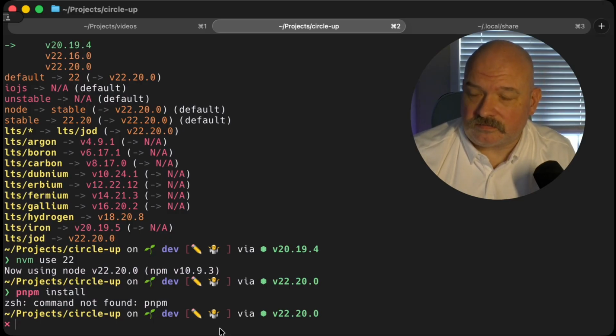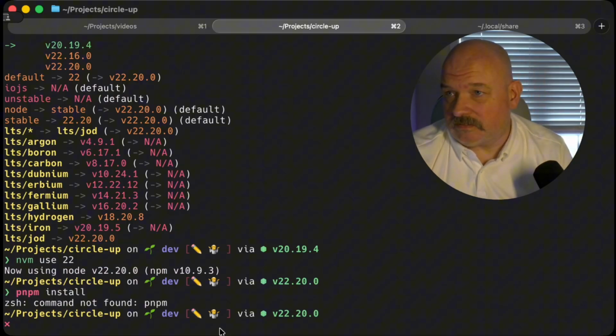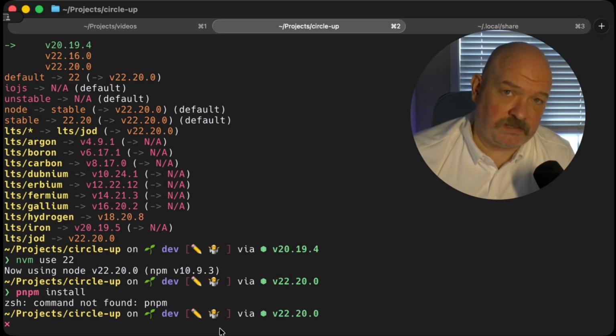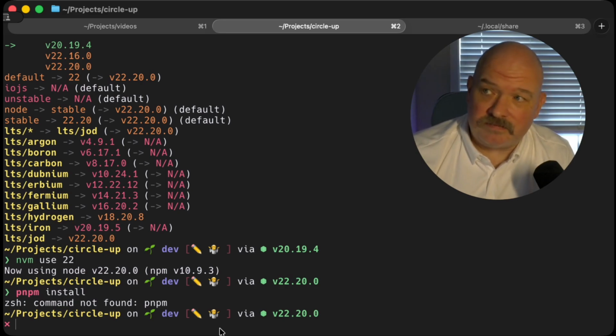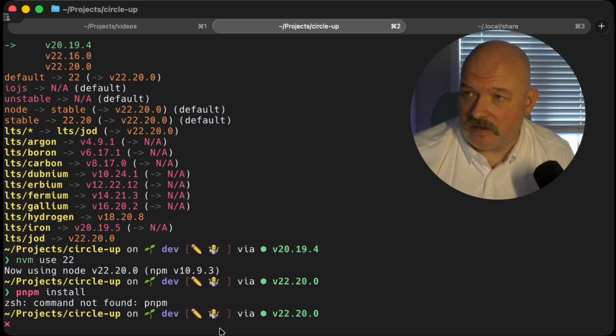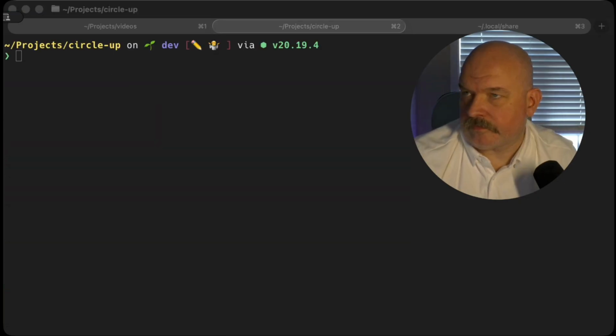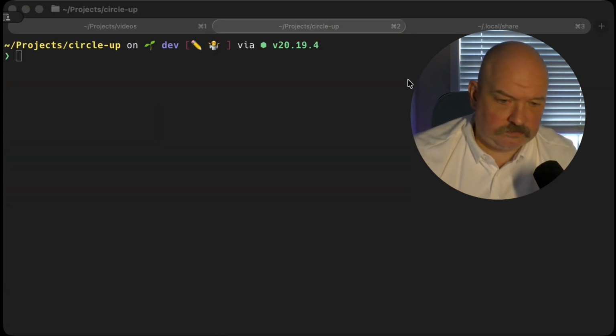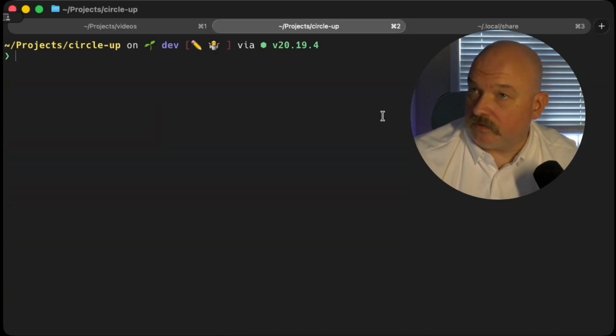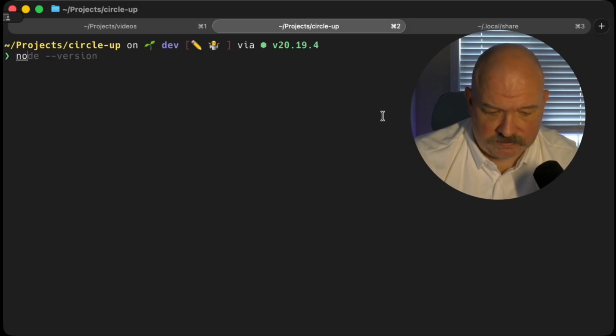oh, we just saw something. I just demonstrated something accidentally. pnpm isn't installed properly because it's currently being installed per version of Node. So we'll deal with some package manager stuff later, but once we're here on version 20, we'll say